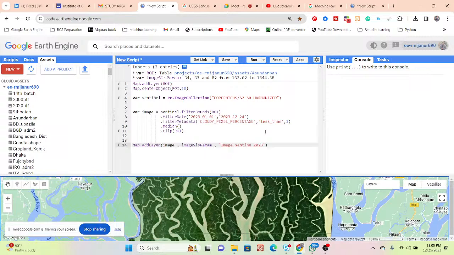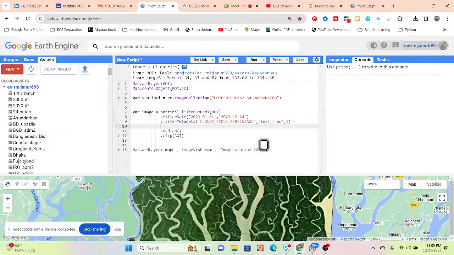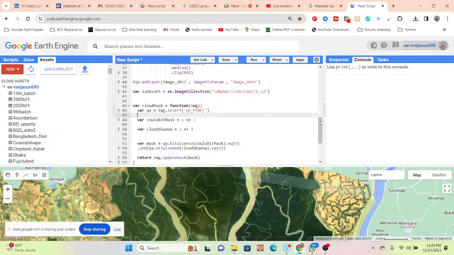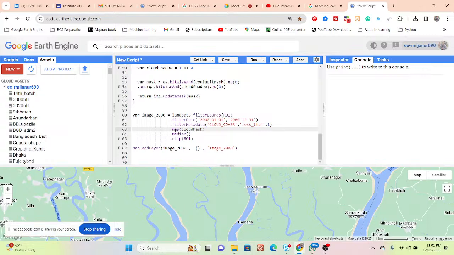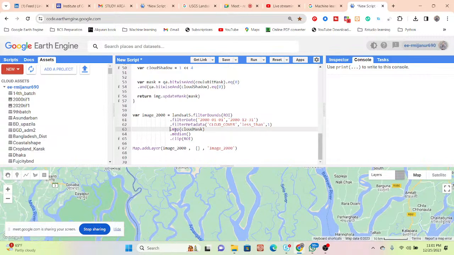So just use the map function, dot map, and set this. Oh, sorry, not here, in this code. So set the map function and put the function variable name, because it's the same for that 3 and 4.